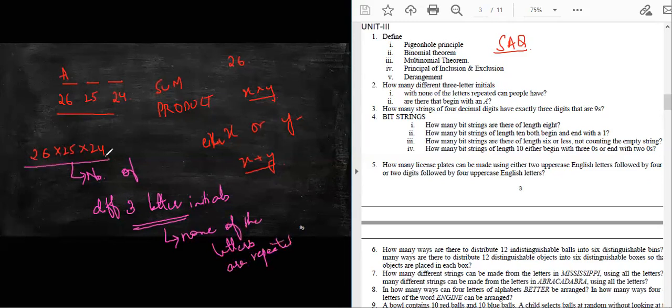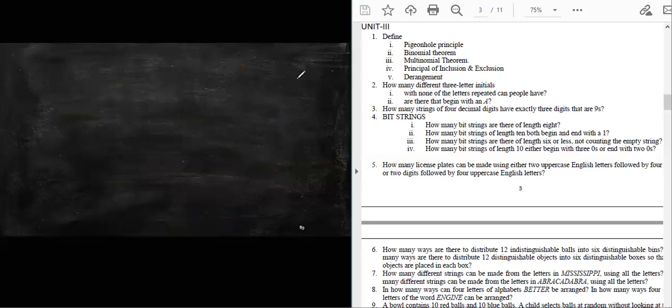And for the solution, you can either keep the solution as it is, or you can even solve it with the help of a calculator. Now the next question is, how many different three-letter initials are there that begin with an A? So we have the letter A. The first letter A is kept as it is, and it can be filled only in one way.